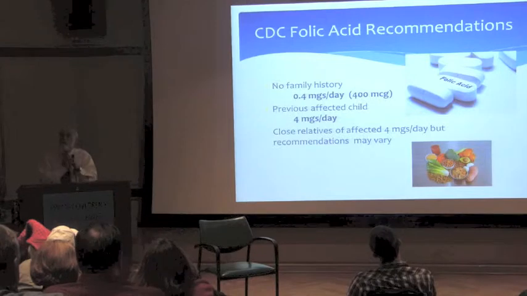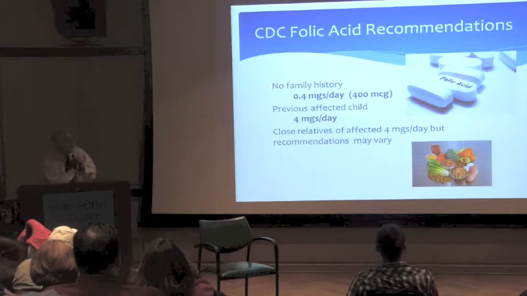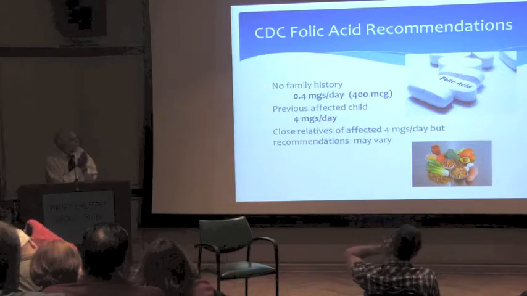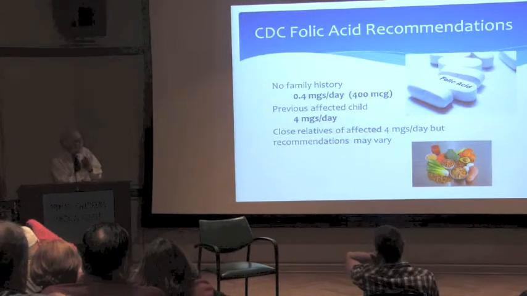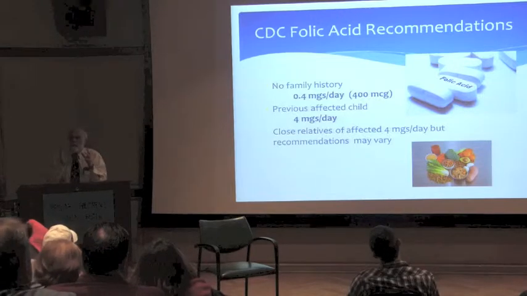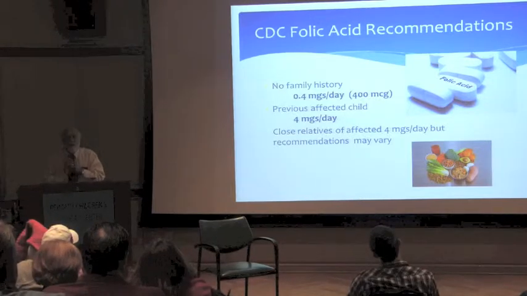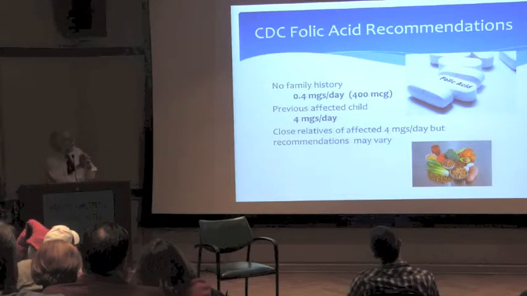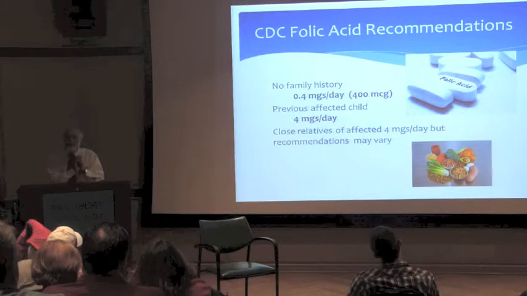That's when they came out, Christmas Eve of 1993, that all women should be taking 0.4 milligrams in their prenatal vitamin, which all prenatal vitamins have, prior to conception. That's all women in the general population. While women and mothers who have a previous child with any NTD, any neural tube defect, should be taking 10 times